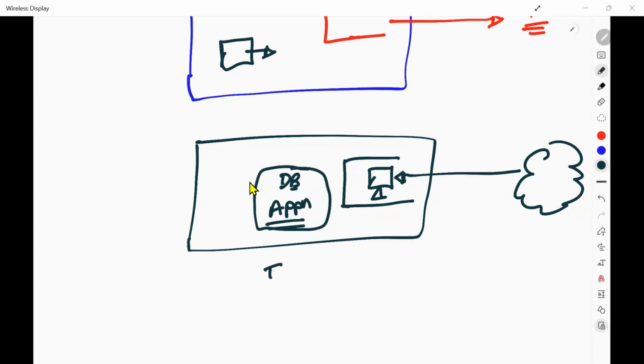These are the information, correct? This is the data related to my application. So it is not required by the users from your internet. It is not required. They just need to access this application.